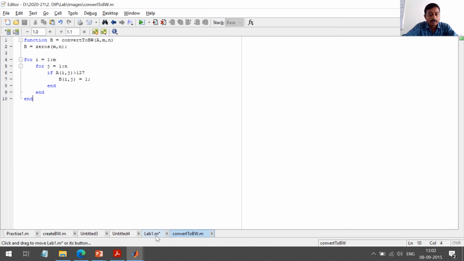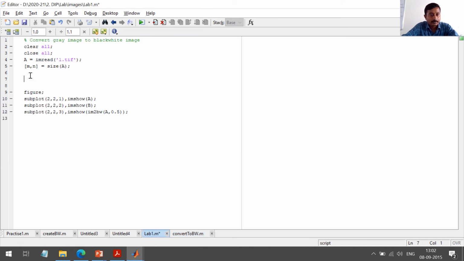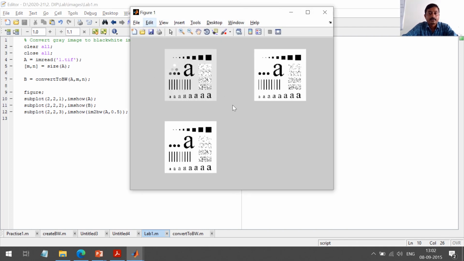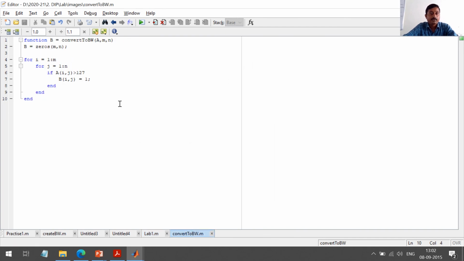Now the function is created, now we have to call it. We'll call that function, we'll pass A, then the next parameters were the width, then height. It will return one image, so we will catch it in the B variable, and let's save and run it. We expect the same output. Yes. So this is how you write functions. You have to write a function in a separate file. The file name should be the same as the function name, and the syntax is a little bit different.